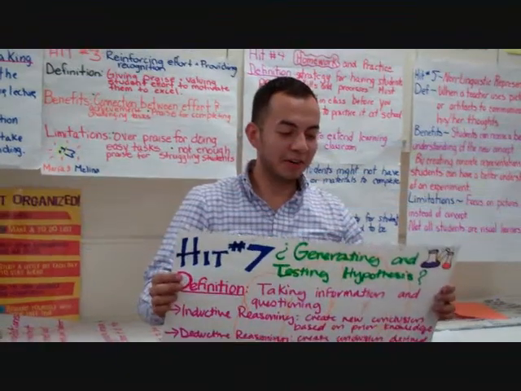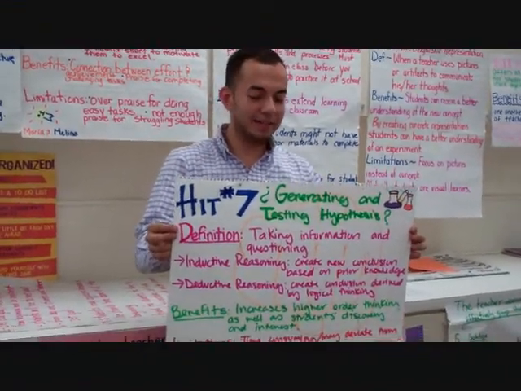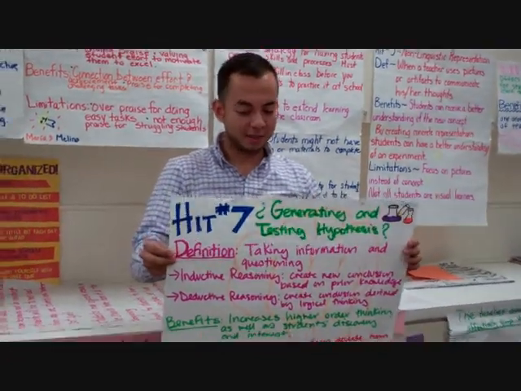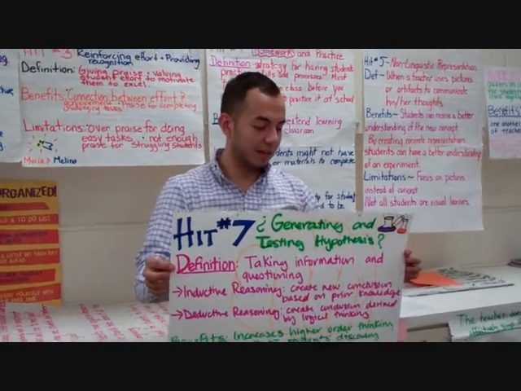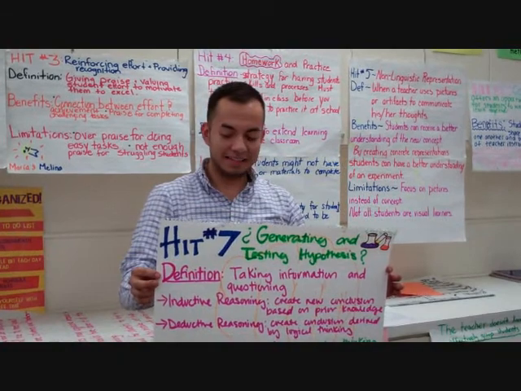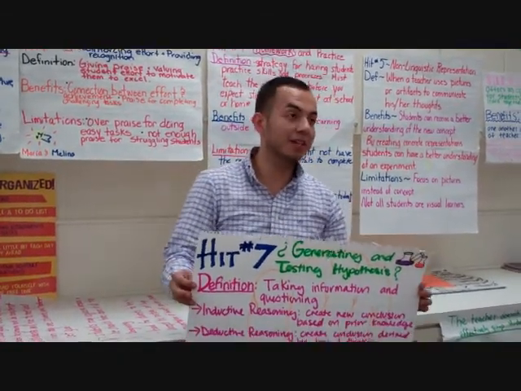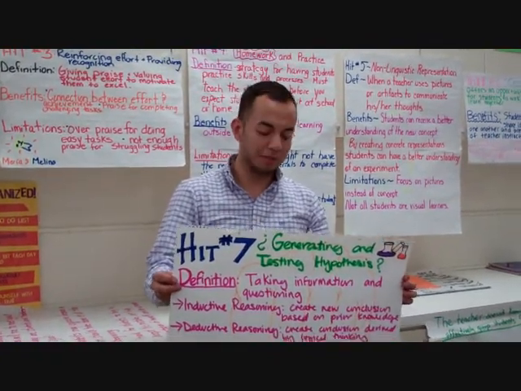Hit number 7, generating and testing hypothesis. The definition, basically, is taking information and questioning it. Alongside that is inductive reasoning, which means when you create a new understanding based on prior knowledge. And then deductive reasoning is when you create a new understanding derived from logical thinking, such as analyzing math problems